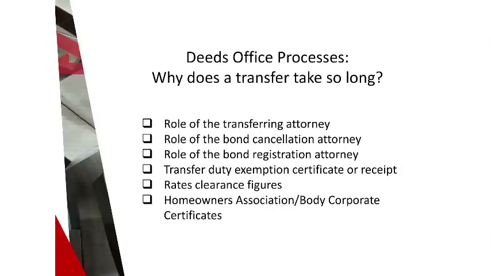In any transfer process, there are at least 2, sometimes 3 attorneys involved. So you have your transfer attorney. Then if the purchaser is acquiring finance from a bank, we have a bond attorney. And if there's an existing bond over the property, we have a cancellation attorney. The transferring attorney is the attorney that's responsible for bringing everything together and has by far the largest responsibility. So he liaises with your bond and your cancellation attorneys and is responsible for requesting cancellation figures from the bank in respect of the cancellation of the existing bond.